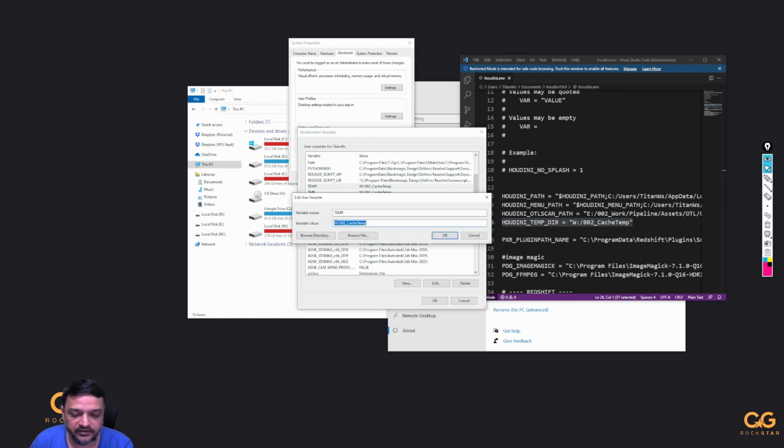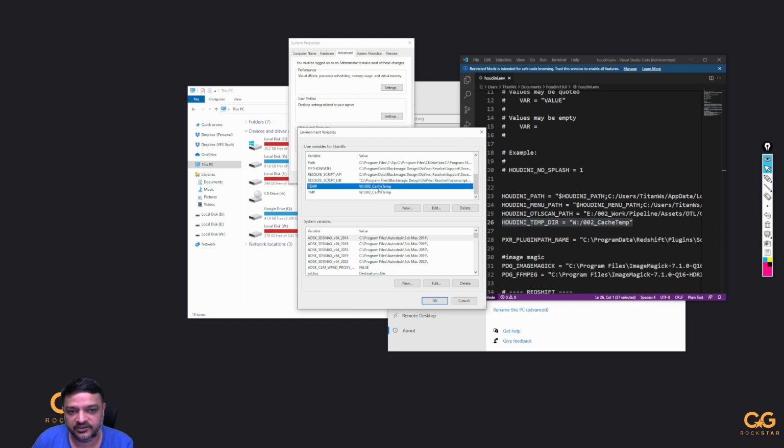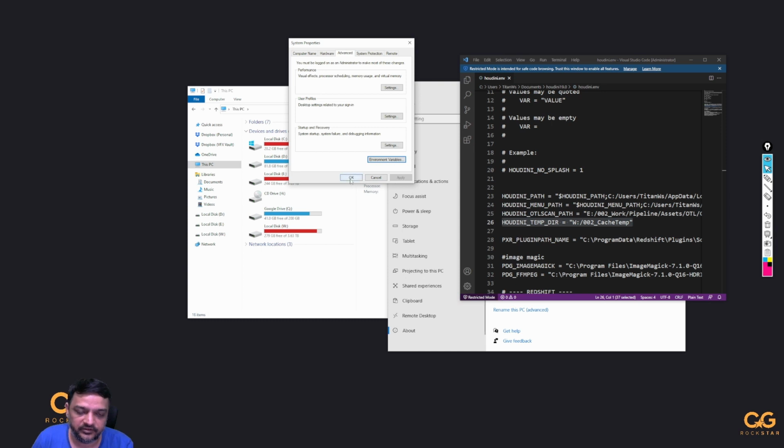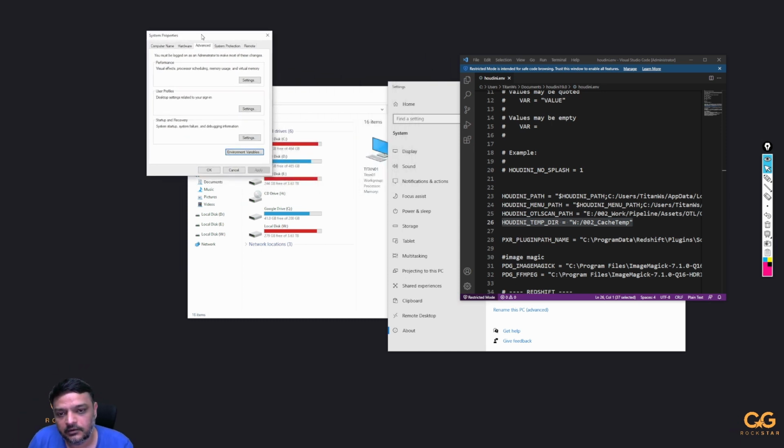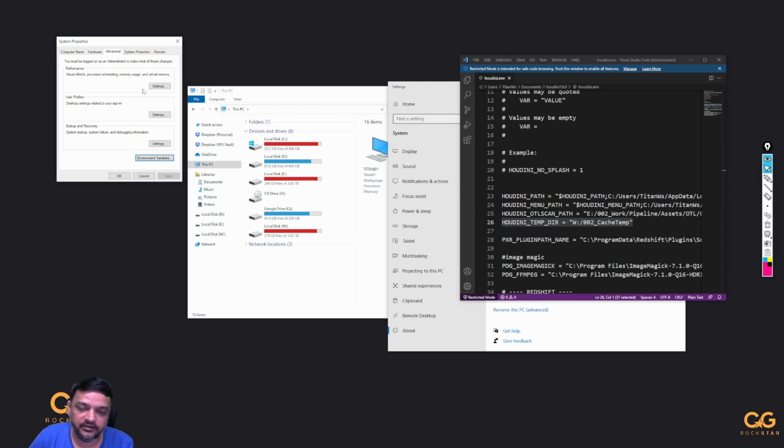So just click one, hit edit, and here it would be something like AppData username, and it points to your C drive's temp folder, right? Both of them will have either the same expression or a path, unless it has been changed, unless you are in a studio and your IT guy has changed it or something. But changing these two things kind of helps. So your Chrome and everything that you open in Windows which goes into the temp directory will end up being saved in the location that you specified, right? That was one point, but even after doing that and restarting the system, which is something you need to do after you change the temp drive,